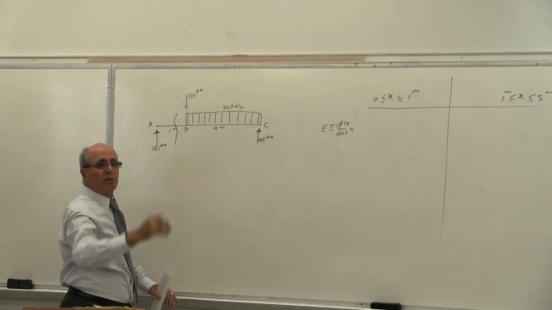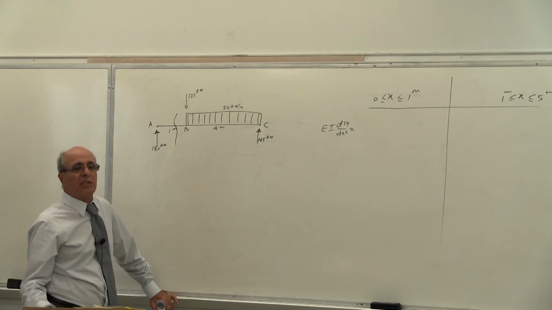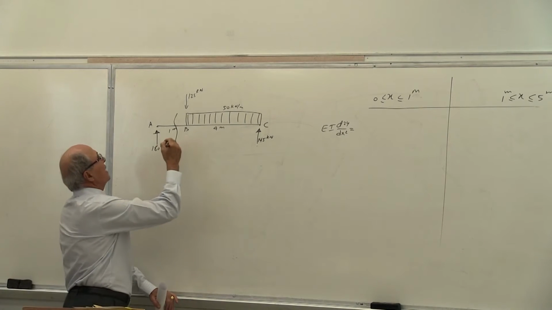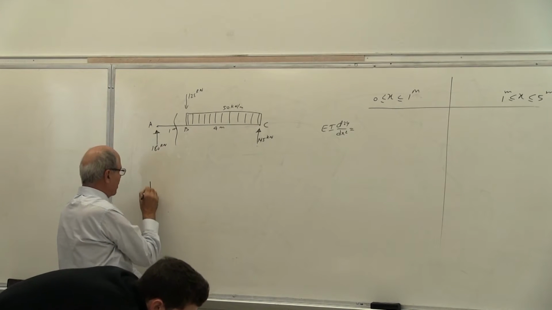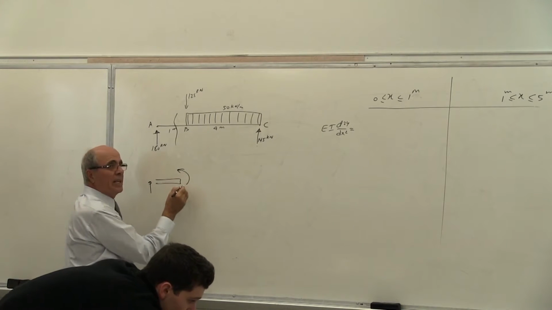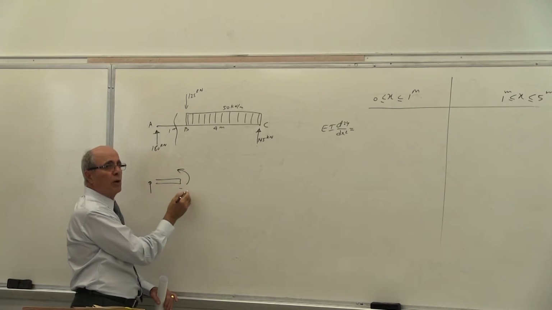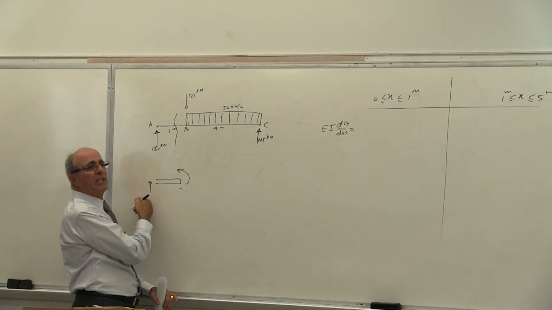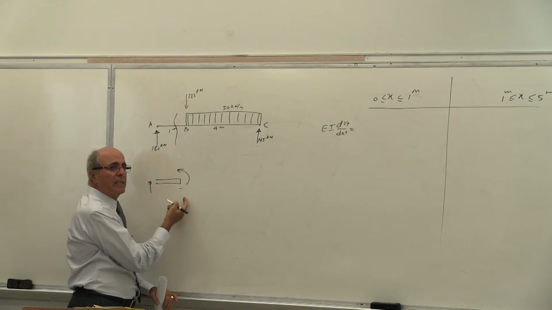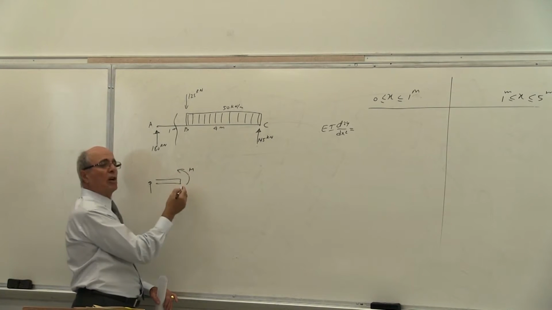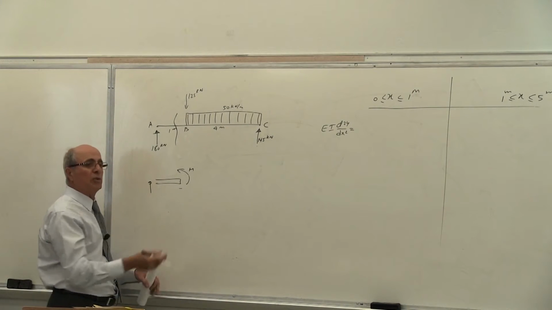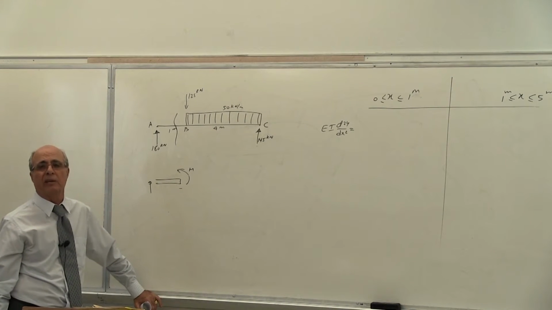Plus. How many people do you think put minus there? Because they have not got out of the statics yet. This static, we are not talking about 180 times that. We are talking about the moment in the body of the beam that is going to be reacting to that. Is that correct or not? So this moment is negative. That moment, this is the M we are talking about. Yes or no? How many of you are drawing it there, but then you are not using your statics properly? Is that correct or not?